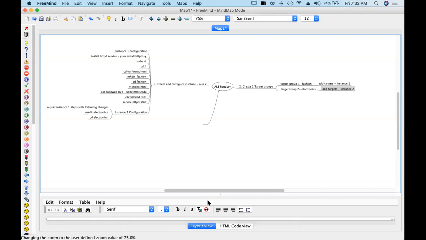So the next steps are simple. You just need to configure your application load balancer. So instead of one instance, you can test with 2 instances here and 2 instances here. You can take an AMI and try with your AMI.